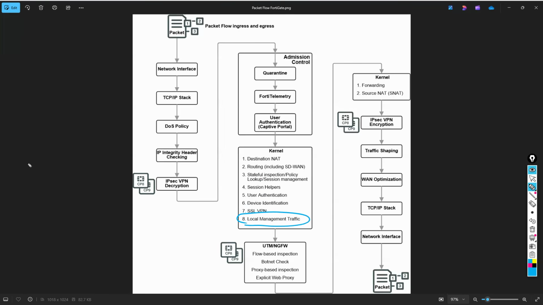So if you do not have a connection with FortiGuard, you will not get a database update from FortiGuard. So this is very essential, and these types of things will be done here under the local management traffic. Once all these checks are done, meanwhile, any questions on what we have just covered,